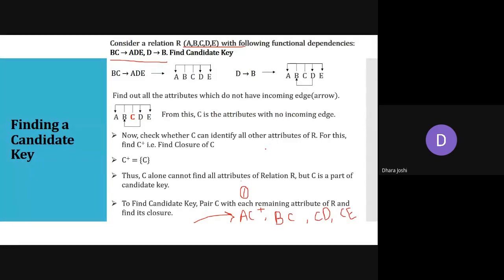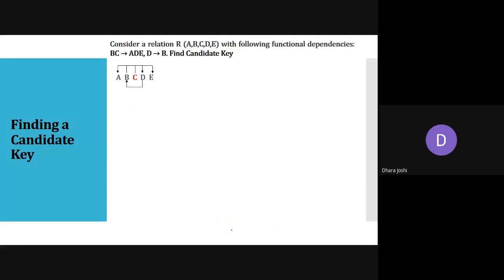If I want to find the candidate keys, I need to find all these values: AC plus, BC plus, CD plus, and CE plus. So first I am trying for AC. A and C must be a part of this, so in the answer I am writing A, comma C, and then I will check for any other possibility. Here it is B and C both attributes, here it is D. So only this can be the answer for AC plus. Okay, what about BC plus? Reply here in the chat box.